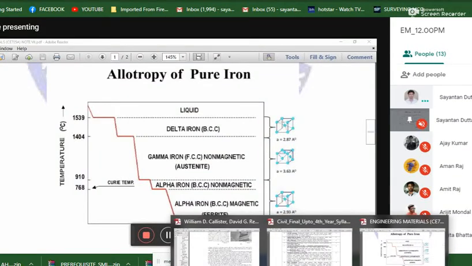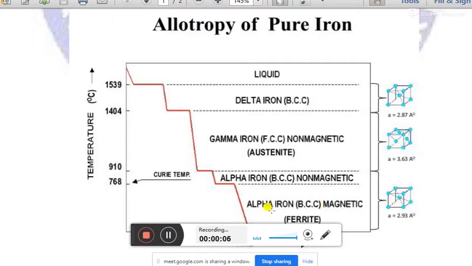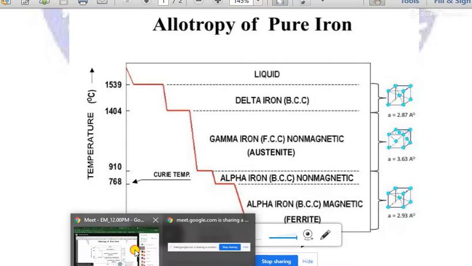Okay, now alpha iron, gamma iron, and delta iron are only the forms of pure iron at different temperatures. Now, if we